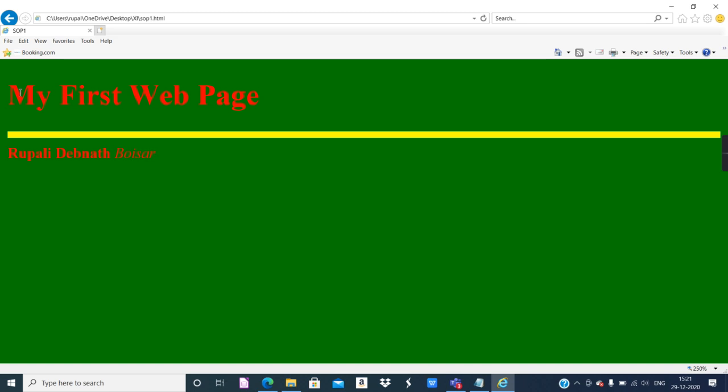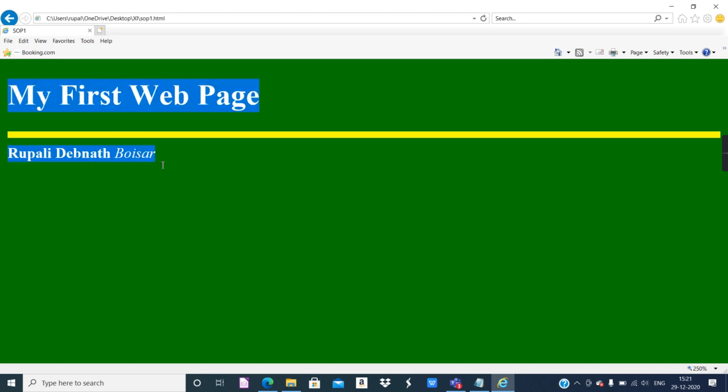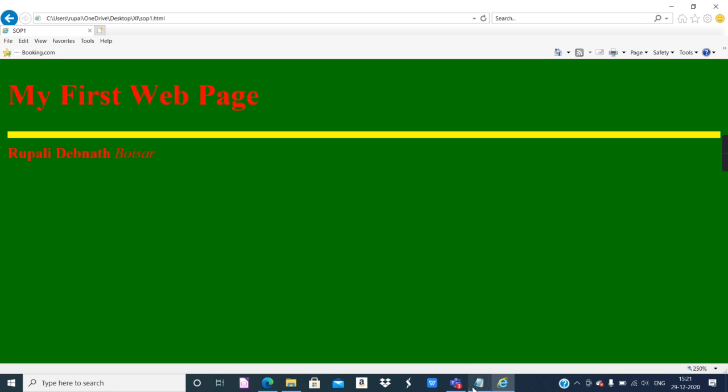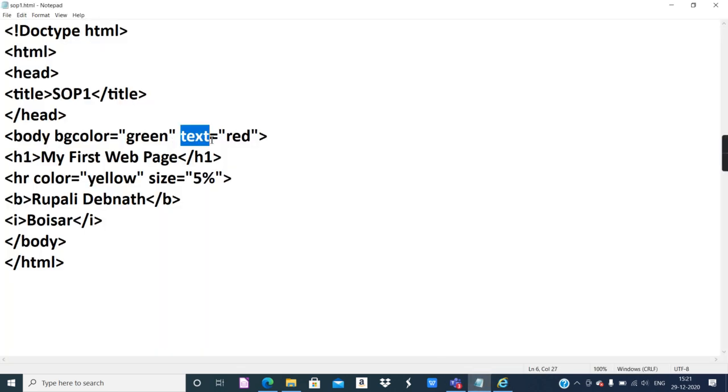Now if you observe, every text that is getting displayed is in red color. It is because we have provided the text attribute and gave red color. It's not that you use any attributes anywhere. It's fixed which tag has how many attributes and which attributes.